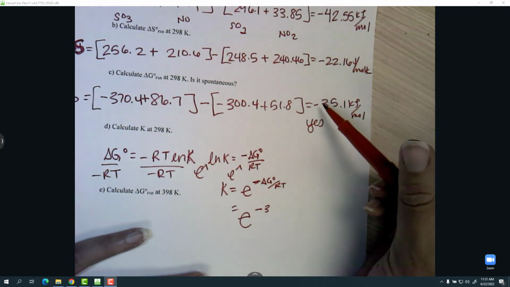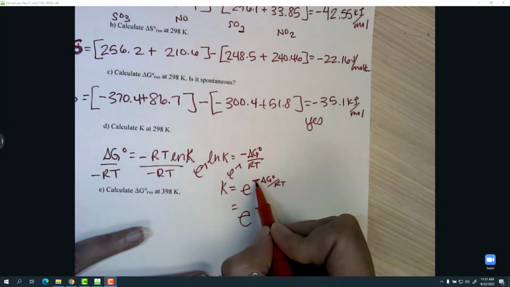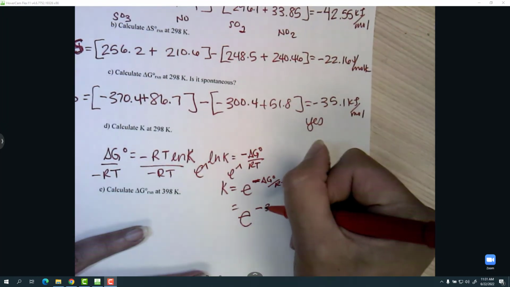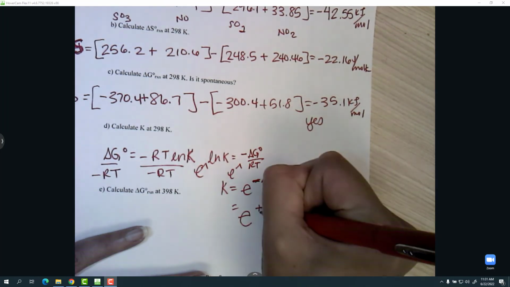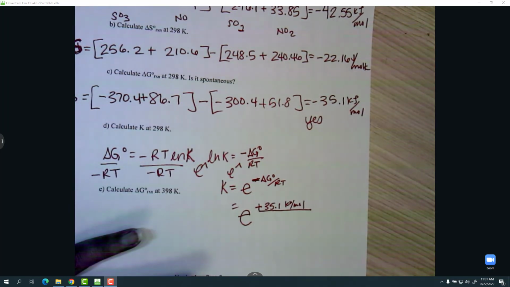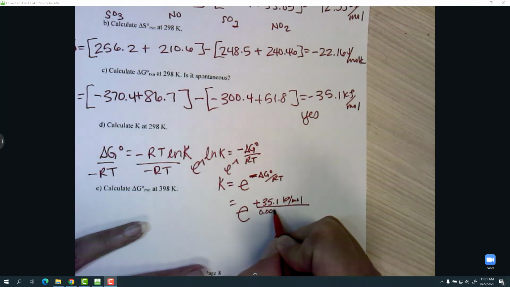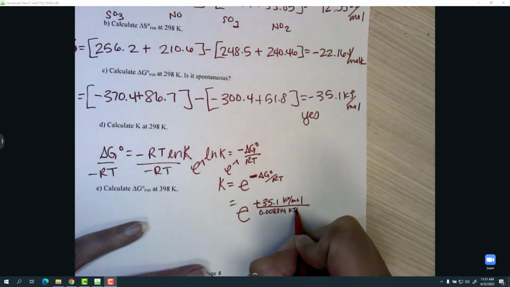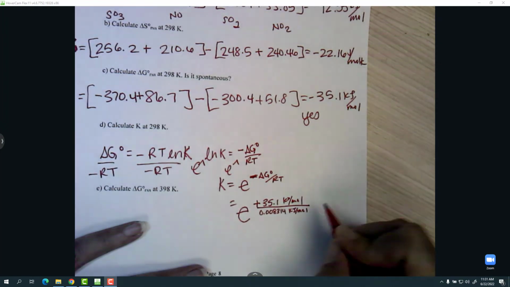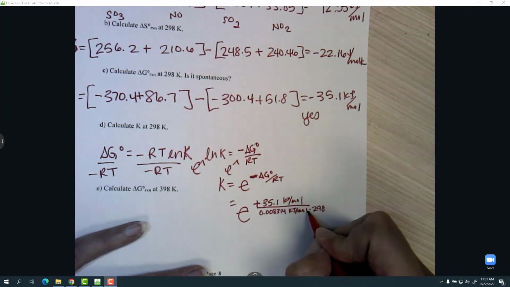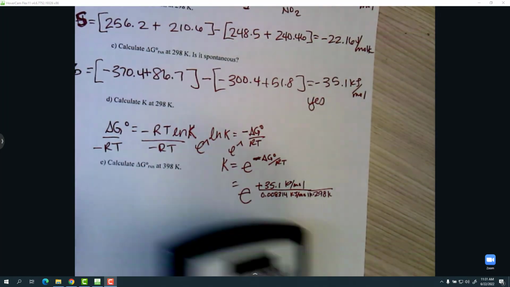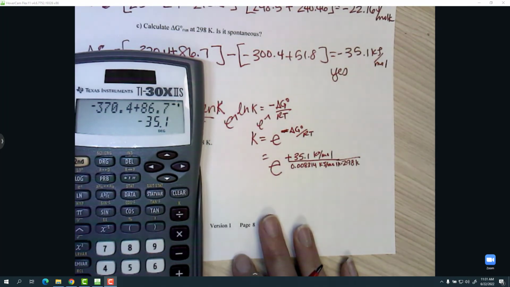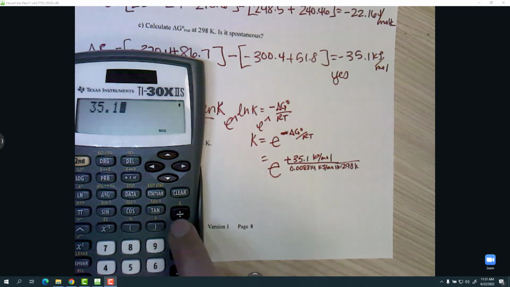Okay, so it's a negative, and then this was a negative. I got to be careful here. The equation has a negative, and my delta G has a negative, so that's actually a positive, 35.1 kilojoules per mole. And then my R is the 8.314, but I want it to be also in kilojoules, so 0.008314. And I'm at 298 Kelvin. All right, so all that goes in. You could do this lots of different ways in your calculator. Maybe I'll just do the exponent first. So 35.1 divided by